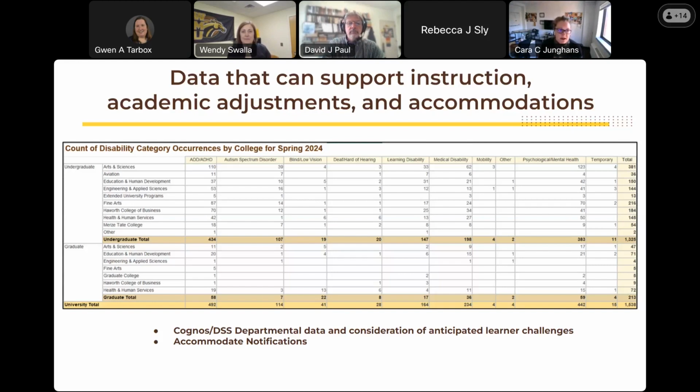I typically run this data after the first drop add date. So you can look here and say, well, we do have 6 students that are deaf and hard of hearing in our department. And you can be proactive with your faculty to let them know how to get closed captioning on their videos for their courses, or to talk about presentations. Maybe you meet online in Teams or with WebEx, and how to ensure that they are accessible and everything runs smoothly for you,